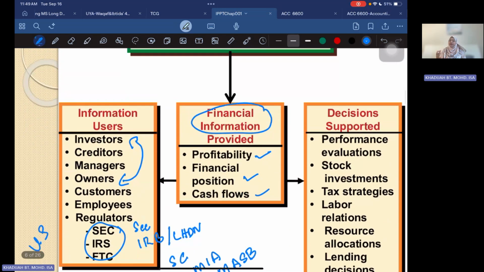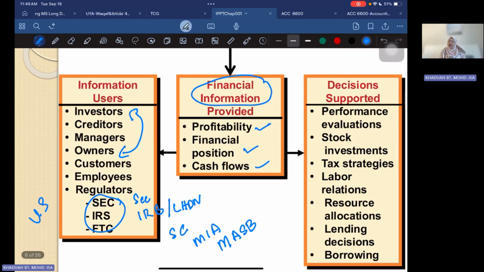Because it provides support for you, for example, to evaluate the performance of the company, either the performance of the company in financial terms, as well as the performance of the employees, for example. Yeah, it also gives information, for example, for you to decide whether you want to invest in a company or otherwise. All right, investment. So how do you decide whether you want to invest in a company or not?